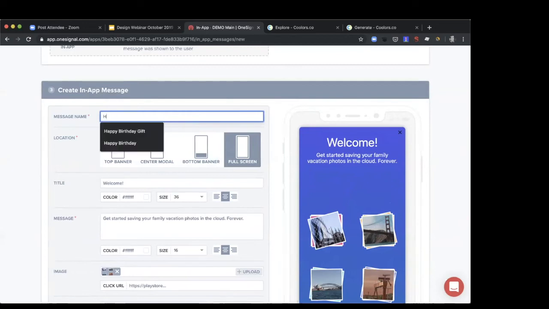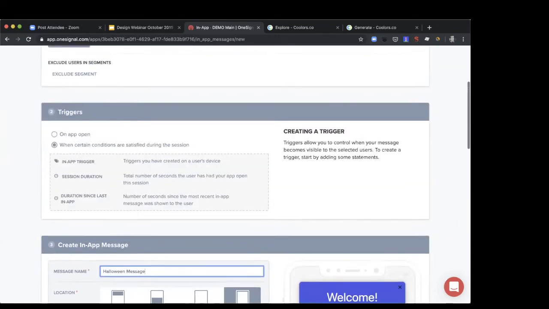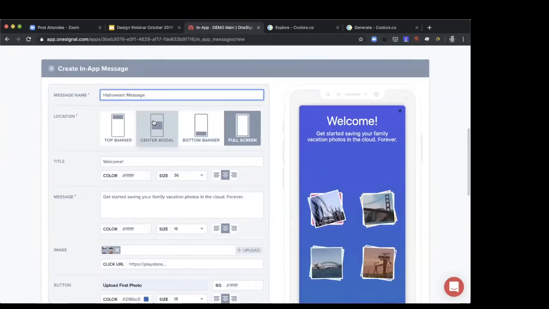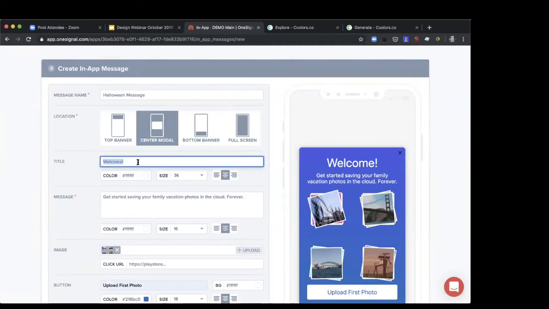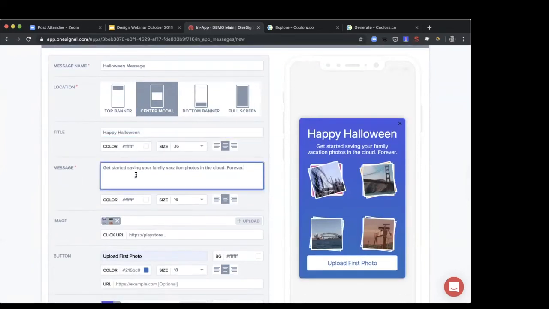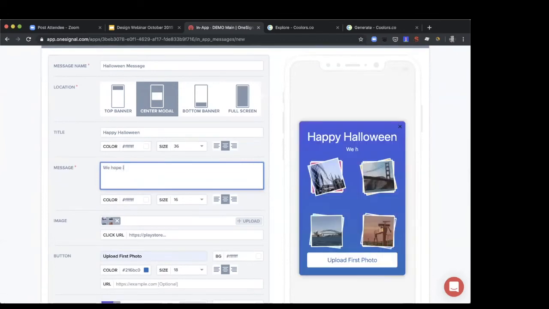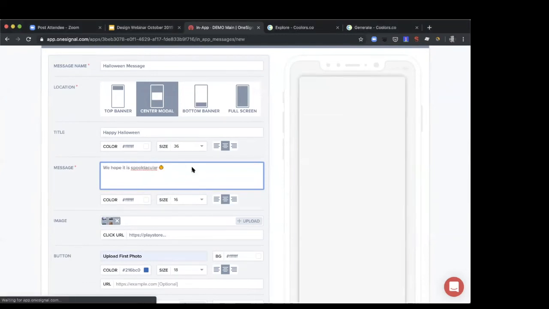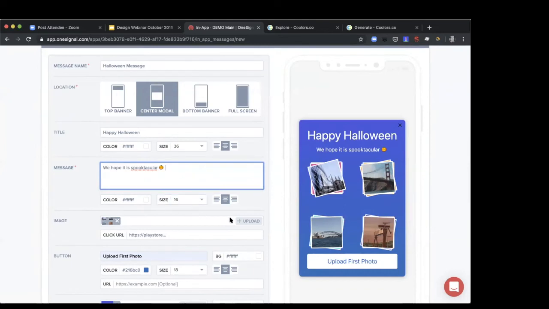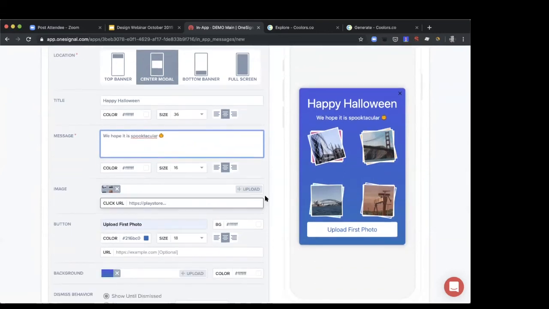So we've got Halloween coming up. Let's say we do a Halloween message. I'm going to make it a center modal. I'm going to say Happy Halloween. We hope it is spooktacular. Maybe I've got an emoji in there. Make sure it's Halloween. Cool. And for the image,